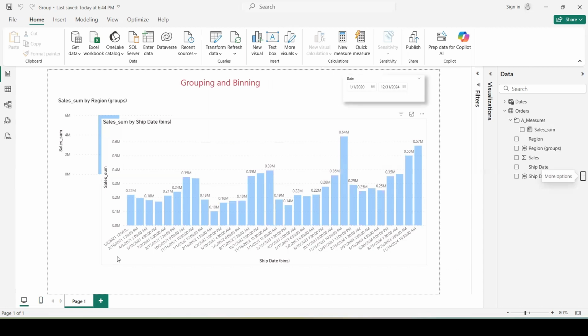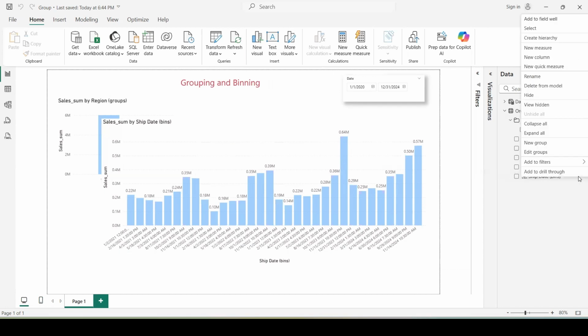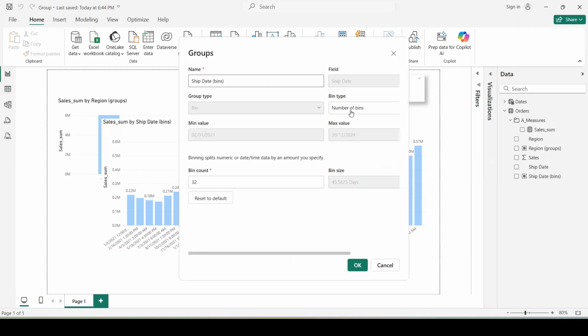So from 2nd January to 16 February, right? So it's 1 month and a half. If I would have tried, let's go back, if I would have tried with size of bins, you can see here that if I put 0.5 or 4, it doesn't let me go forward and choose the option.